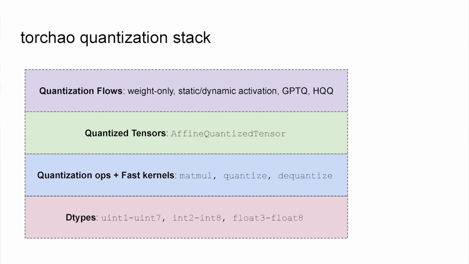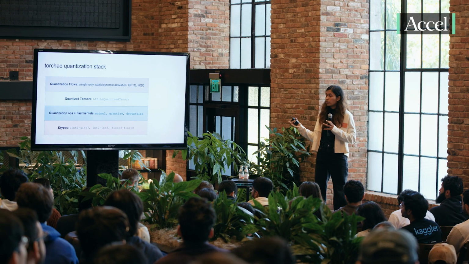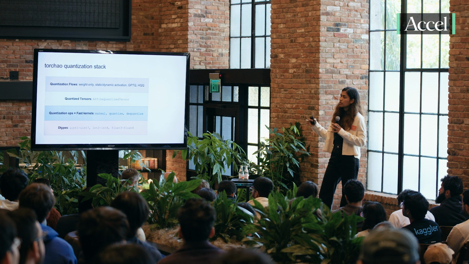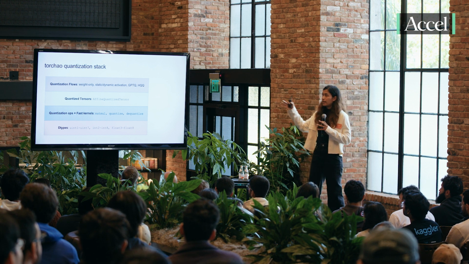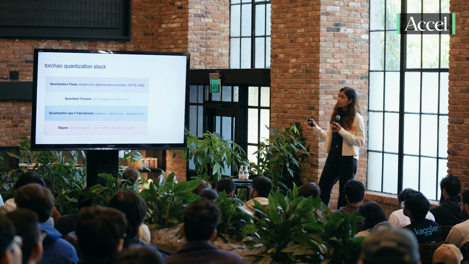Here's an overview of the quantization stack in torchao. At the very base layer, you have what we call the basic dtypes, and there are various signed, unsigned integers, and floating point dtypes that we provide support for. Sitting on top of these dtypes are the quantization ops and fast kernels. Quantization ops are operations that are used to convert tensors from low to high precision, while fast kernels are there in case the compiler may not generate optimized kernels. Now that we have these dtypes and associated operators, we can glue them together in an abstraction known as quantized tensor, and we have support for affine quantized tensor, which is a subclass of the torch tensor type.